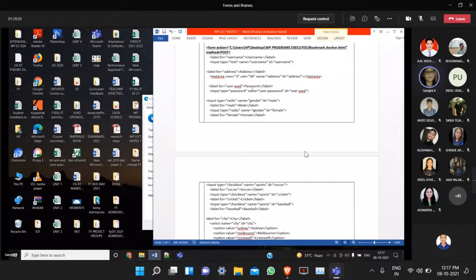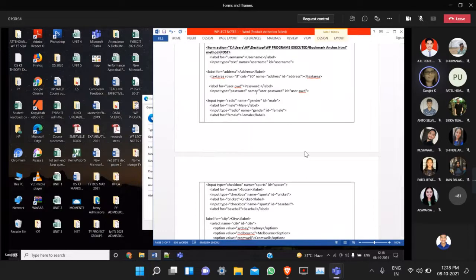If you use any sensitive data within the form, then you have to use the post method. If there are more controls in the form, so more data should be carried, or any sensitive data is there, we will use the post method. Otherwise, we can use the get method. If we use the get method, why should we not use sensitive data? Because when you click the submit button, assume that here you use the get method. But in our form, we have a password, which is sensitive data.